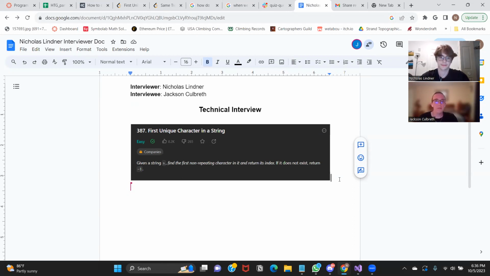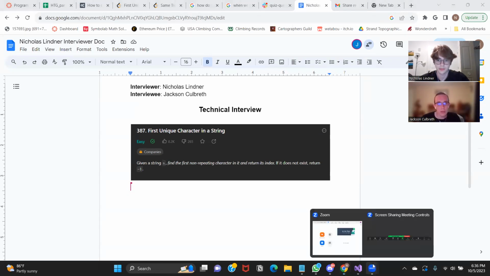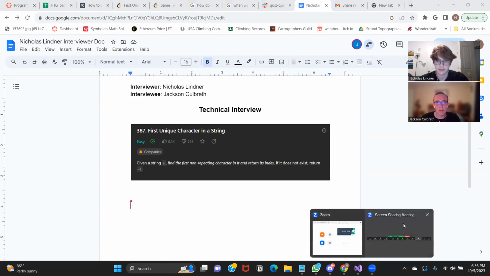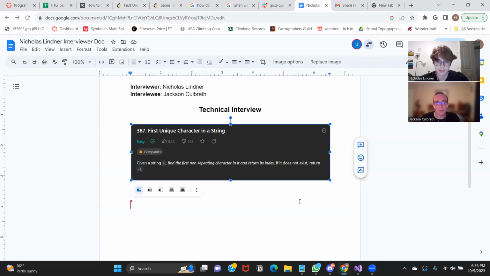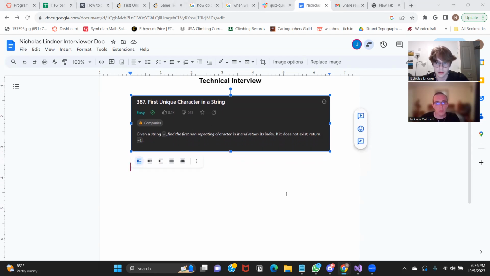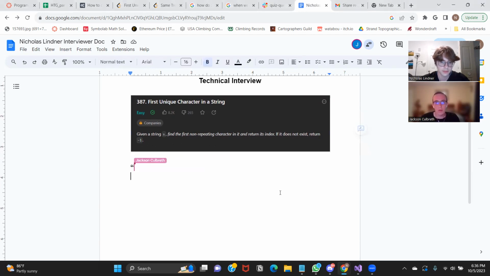All right, sounds good. So we have the first unique character in a string. Given a string, find the first non-repeating character and return its index. If it doesn't exist, return -1. Okay, so a non-repeating character or a unique character. First I'll try to figure out what exactly that means. So a non-repeating character, let's say S is